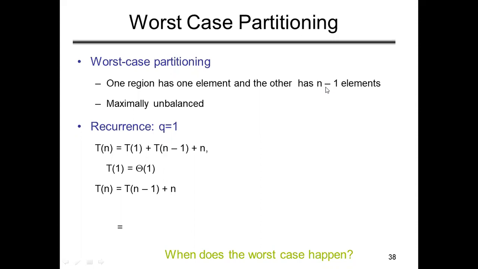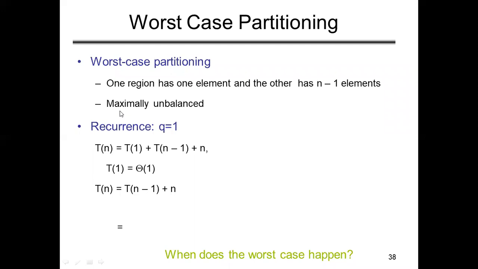Now we want to apply quick sort on the sorted elements. When you apply quick sort on sorted elements, the first element is the one subarray and all the remaining elements are in the second subarray. That means the first element is the partitioning element which divides the list into two parts. In the first part, we have the single element, and in the second part, the remaining n-1 elements are there. So one region has one element and the other has n-1 elements.